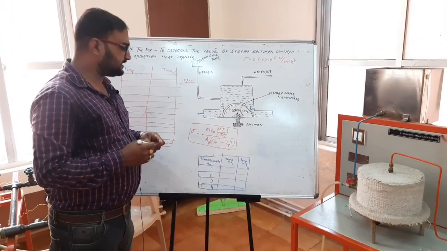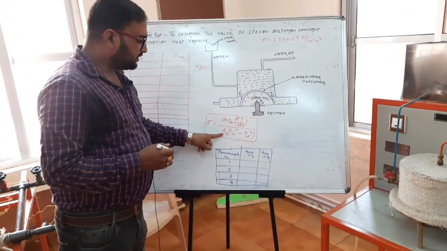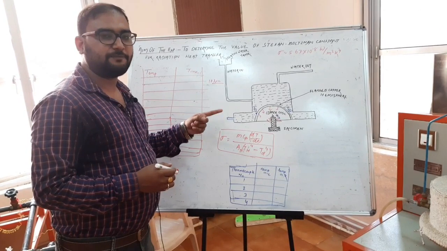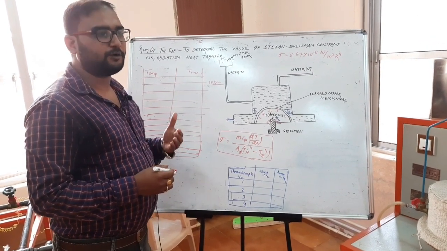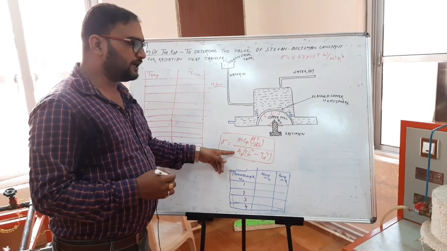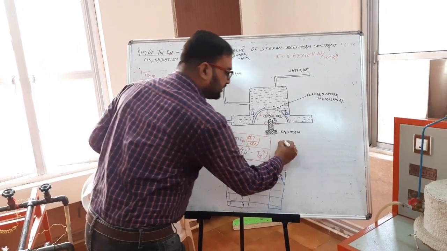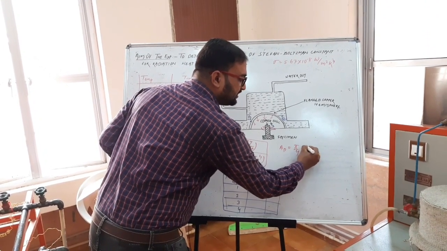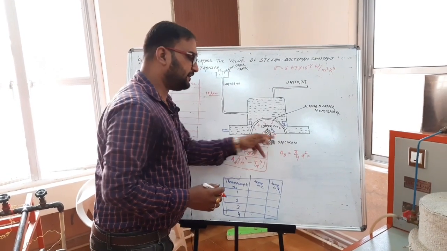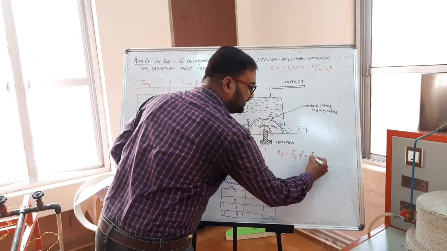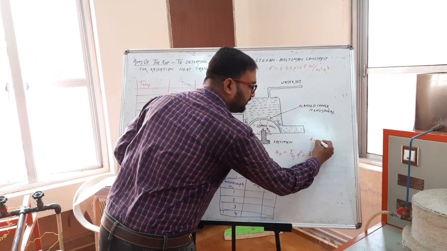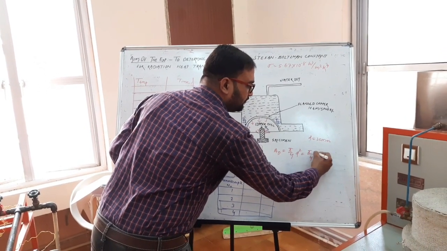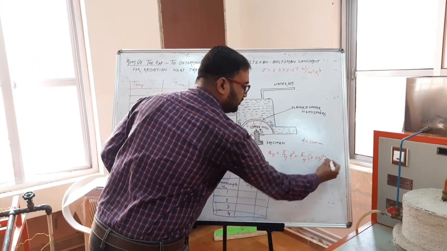And moving to the next case, in this formula, AD is there in the denominator. It is because previously the formula represented the emissive power per unit area, but here, to find the total area of the specimen, the area is equal to pi by 4 into d square. Here d is the diameter of the specimen, that is, the copper disc. The d value was 20 mm, so that is 0.02 meter, and the area will be in meter square. So that will be the value.